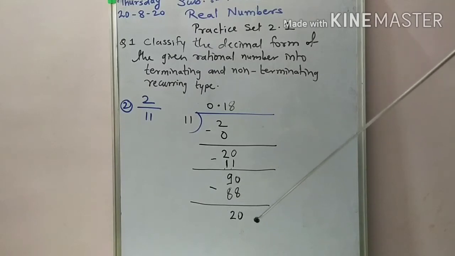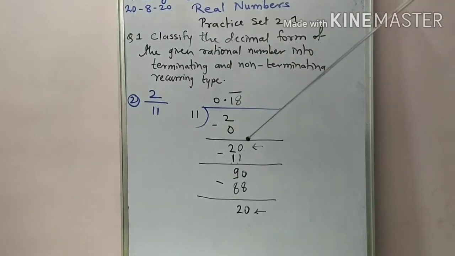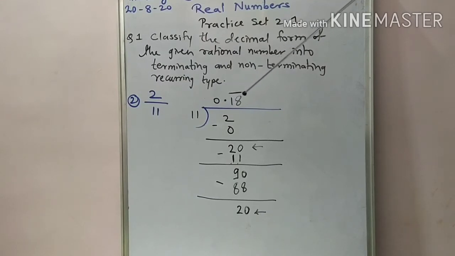And what we observe here, students, is that we are getting that 20, and the same 20 we got here, which means after the decimal we get 0.18. As we further do this operation, we get this 181818 sequence again. So we give this marking over here at 20 and below 20, we stop this division here, and do not forget to give that bar symbol over that 18, because this 18 comes repeatedly.